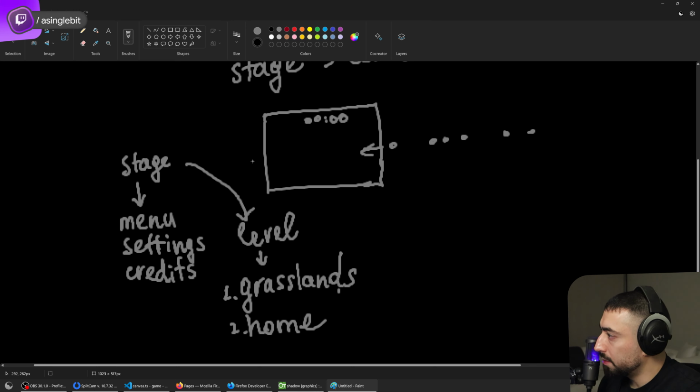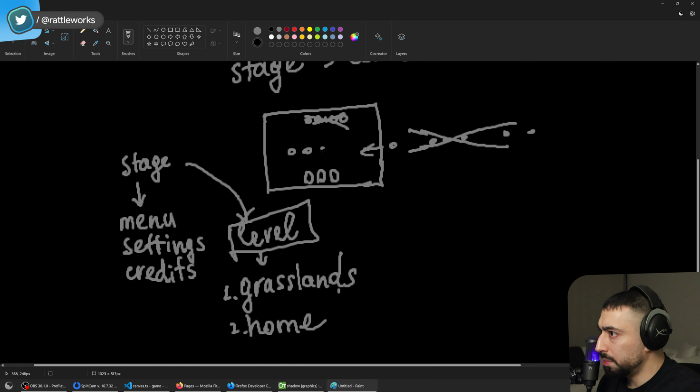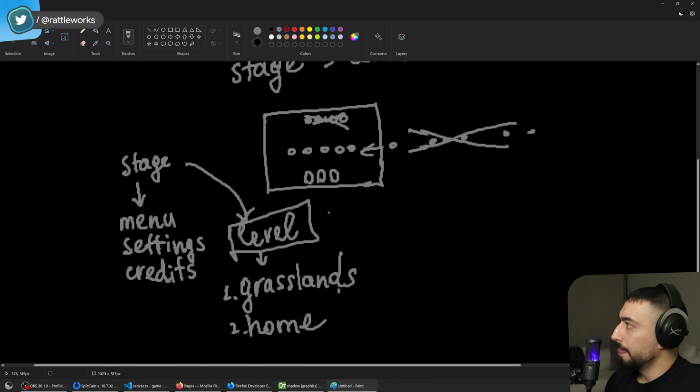It is still a level. It obeys all of the logic that is described in the level abstraction, but then you don't have the enemies. They are all dead. But you still have access to your inventory. You don't have the timer, and you can still place things in the level. And the reason it works like this is because